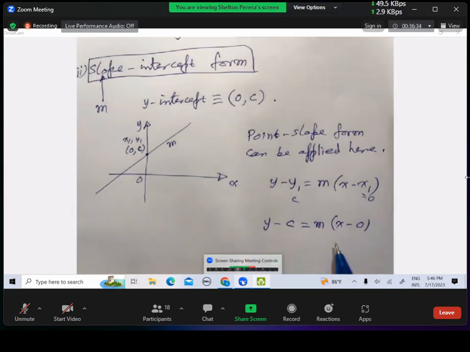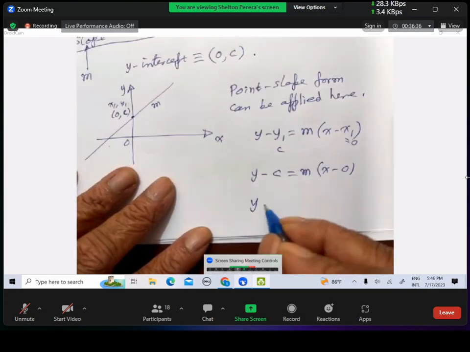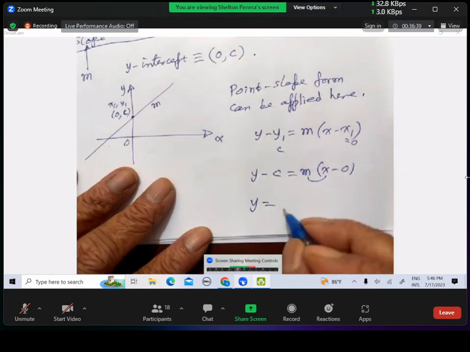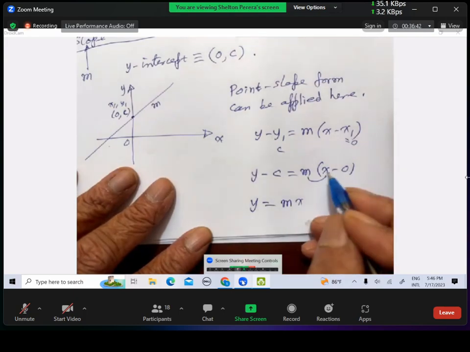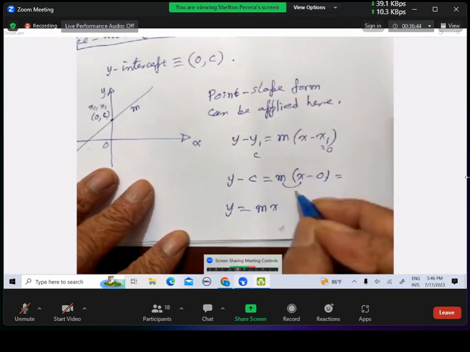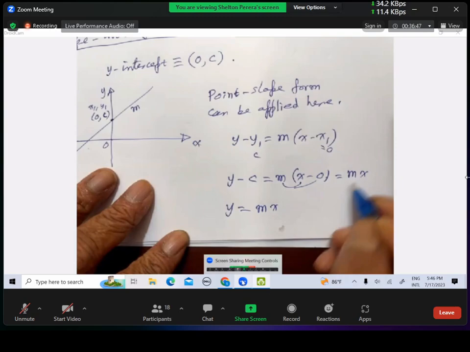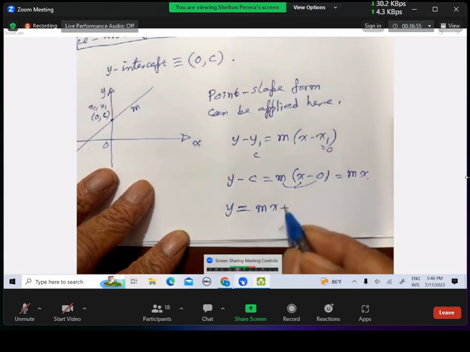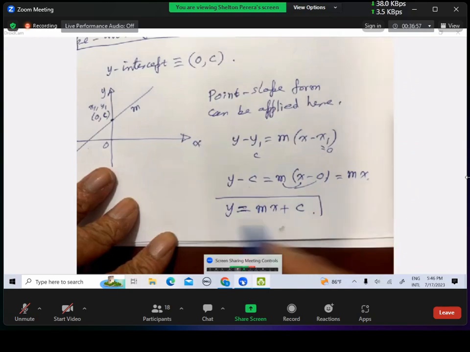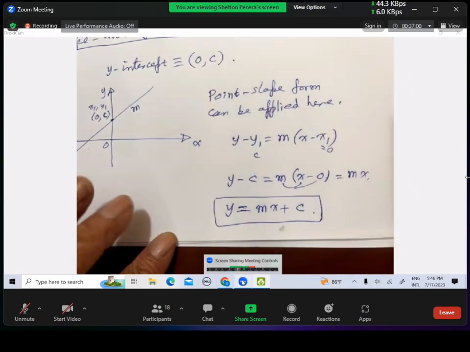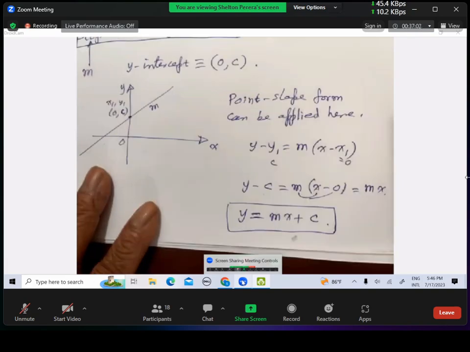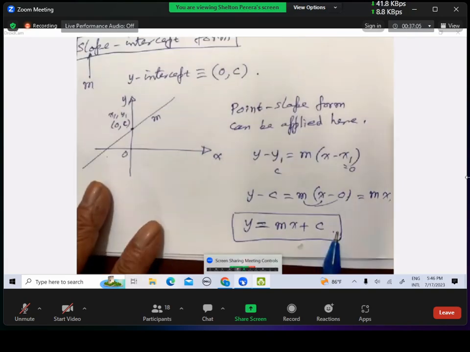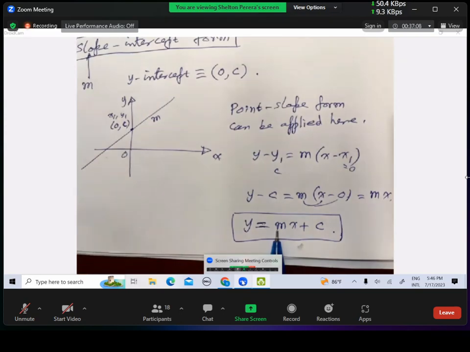Take this c to the other side, and you get y minus c equals mx, since x minus 0 is x. Therefore y equals mx plus c. This is known as the slope-intercept form. When you see an equation like this, immediately recognize m as the slope and c as the y coordinate